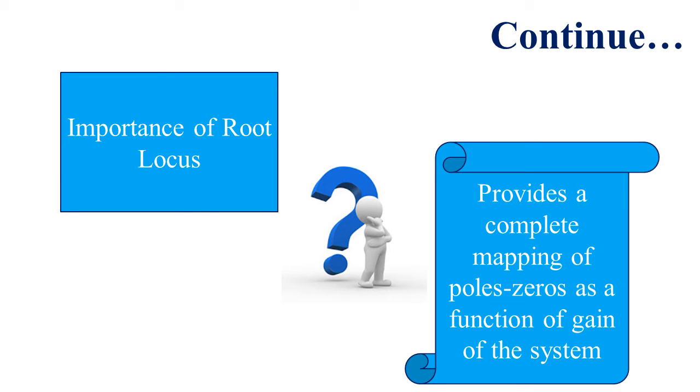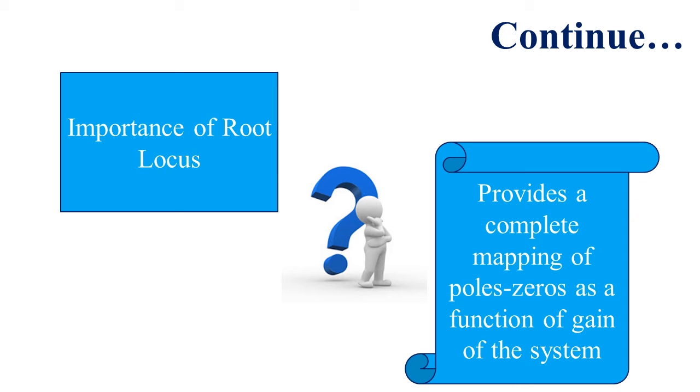Here we have one question: as we have already studied the Routh-Hurwitz criterion, why would we use root locus instead of Routh-Hurwitz? A short and simple answer is that the Routh-Hurwitz criterion is used to determine the stability of a system and the gain for which the system will become unstable. On the other hand, root locus is quite literally the path followed by the poles and zeros of a system.